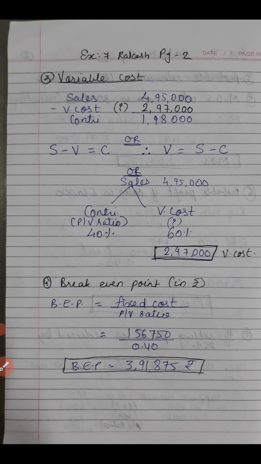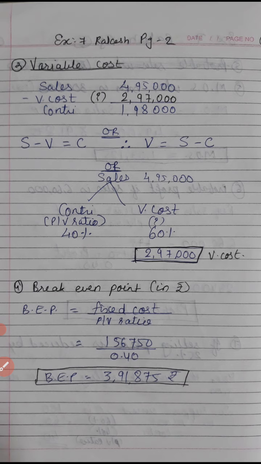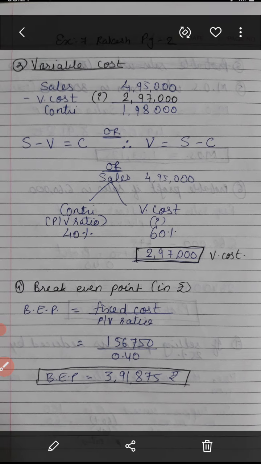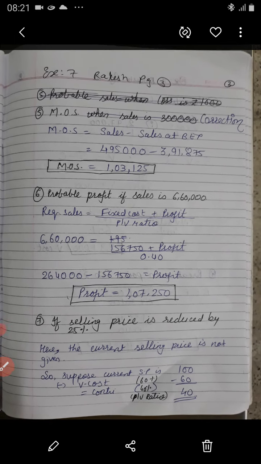variable cost, again exactly like the previous example, so I am not explaining this. You can easily make it out from the screen only. Likewise, break even point, then margin of safety